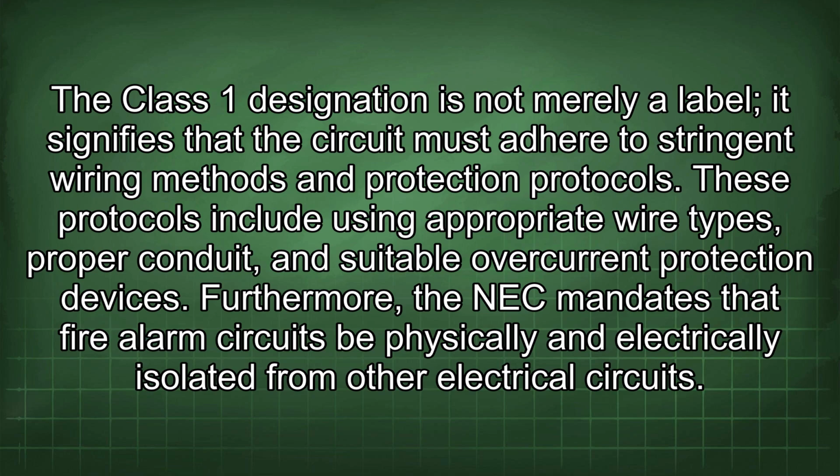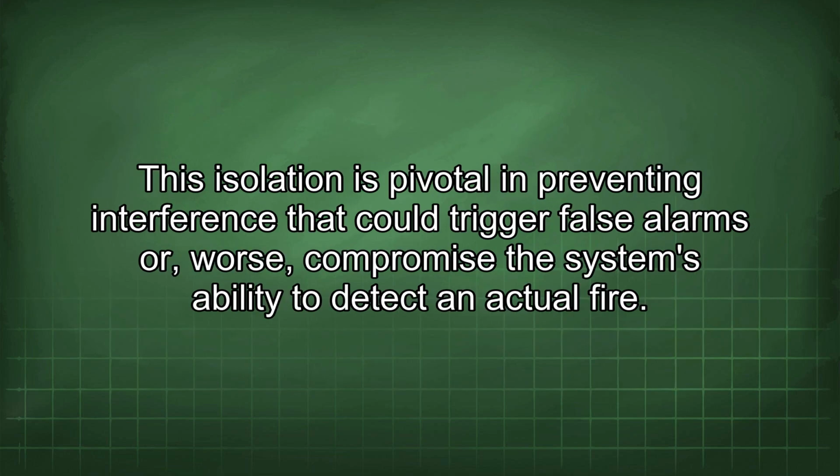The Class 1 designation is not merely a label, it signifies that the circuit must adhere to stringent wiring methods and protection protocols. These protocols include using appropriate wire types, proper conduit, and suitable overcurrent protection devices. Furthermore, the NEC mandates that fire alarm circuits be physically and electrically isolated from other electrical circuits. This isolation is pivotal in preventing interference that could trigger false alarms or, worse, compromise the system's ability to detect